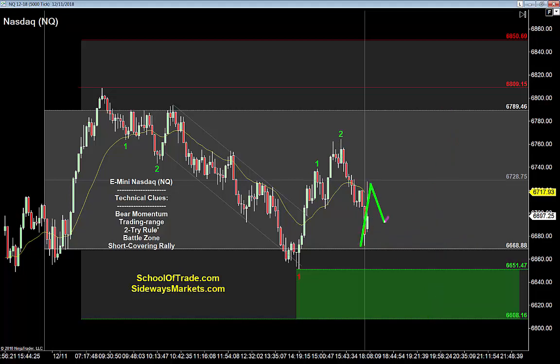If we do end up rallying higher here, it's really not the ideal scenario, but we'll definitely look for this as a new hidden channel and look for that buy coming off the low of that channel. Make no mistake though, the objective right now for those sellers is to retest that 51. At that point, we'll look for that 1, 2 back up. Or do we only get the